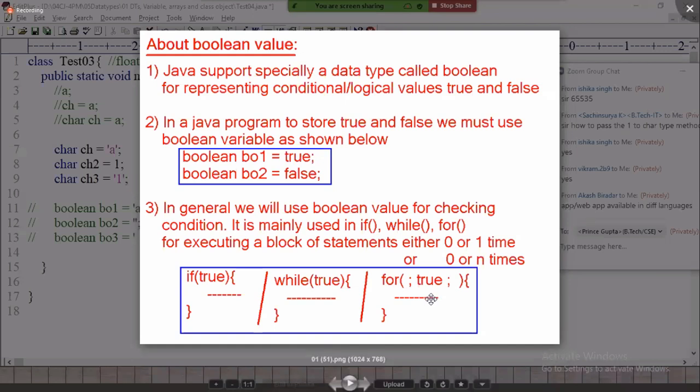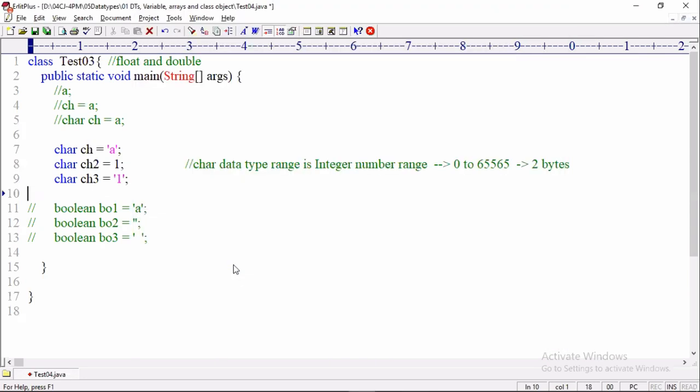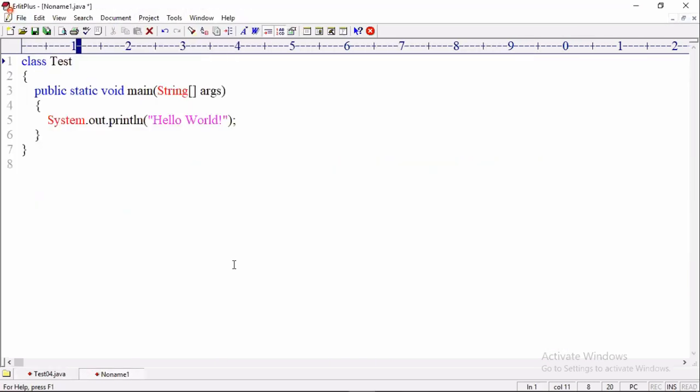Understand what a Boolean data type is, what its values are, and where it is used. If you take integer, you have a range. If you take floating point, we have different range values. If you take character, we have some range value, but Boolean has only two values, true and false. Apart from true and false, anything you assign to a Boolean variable, the compiler will throw an error. Let us try to test these points. Test 04505.